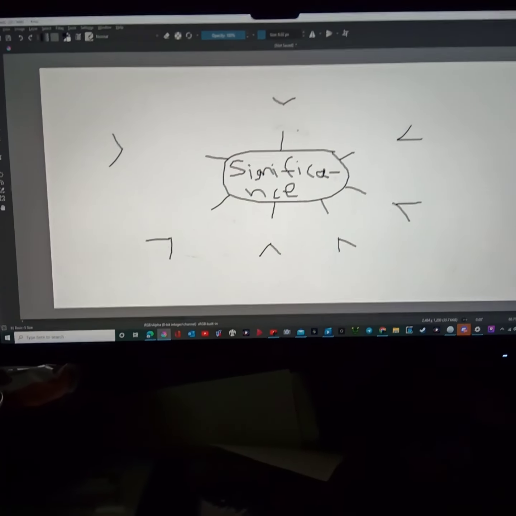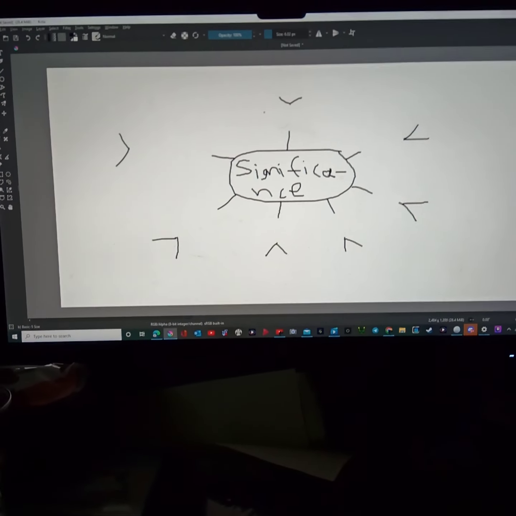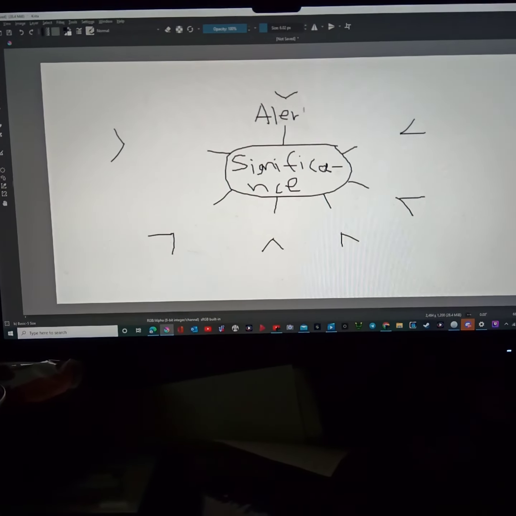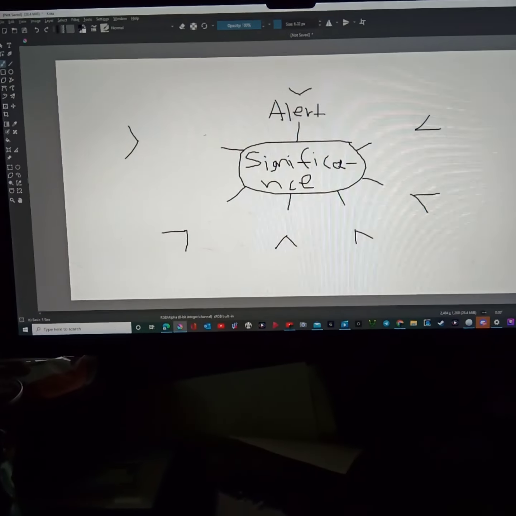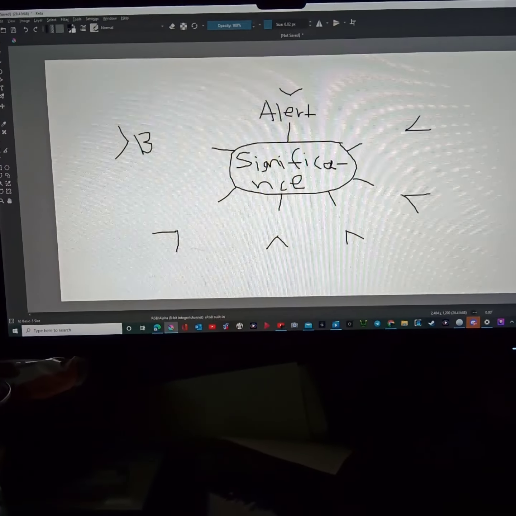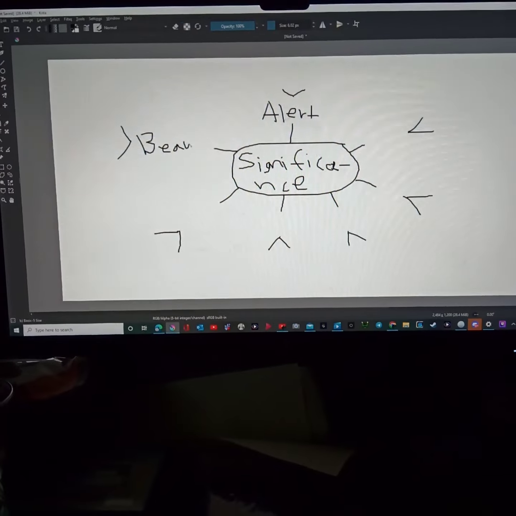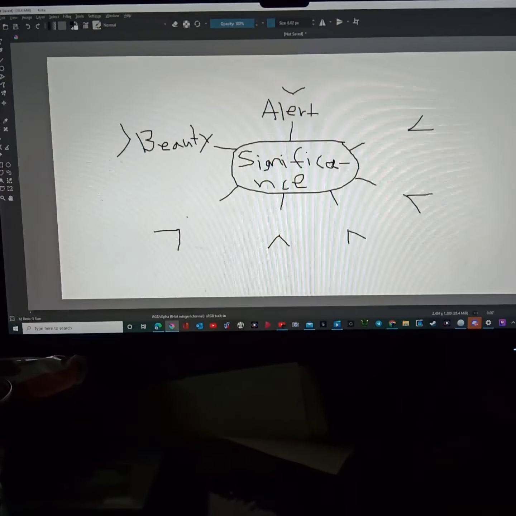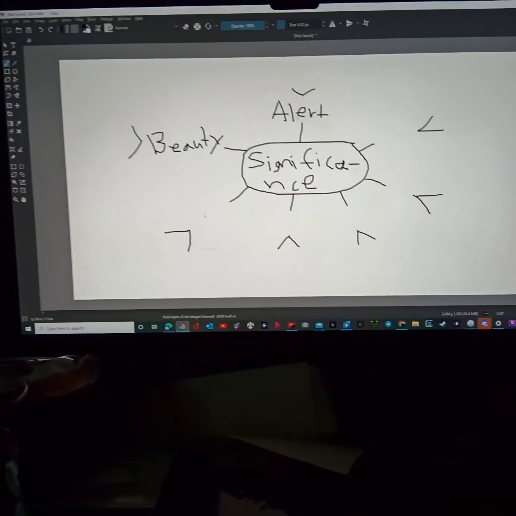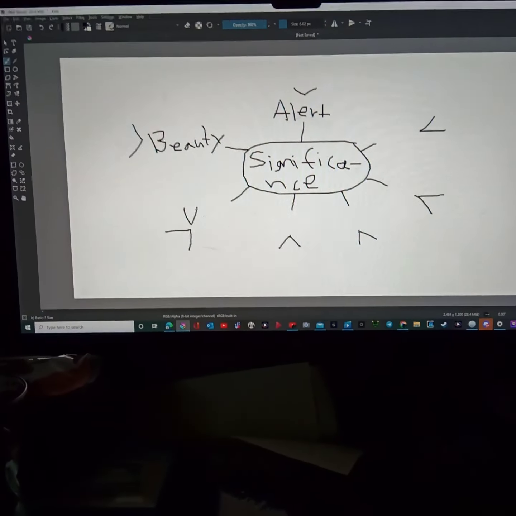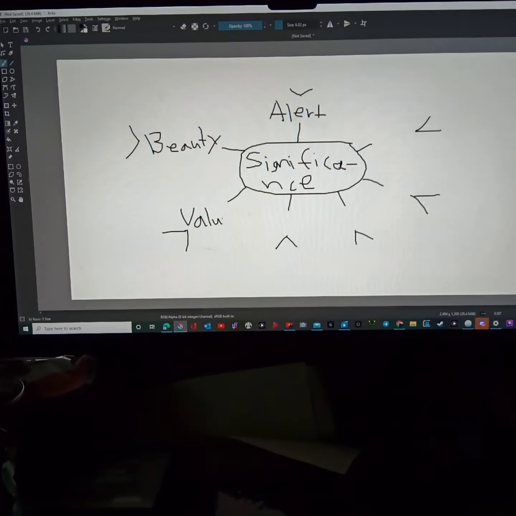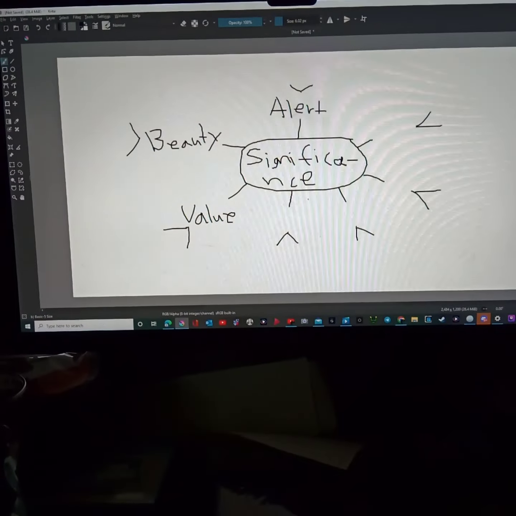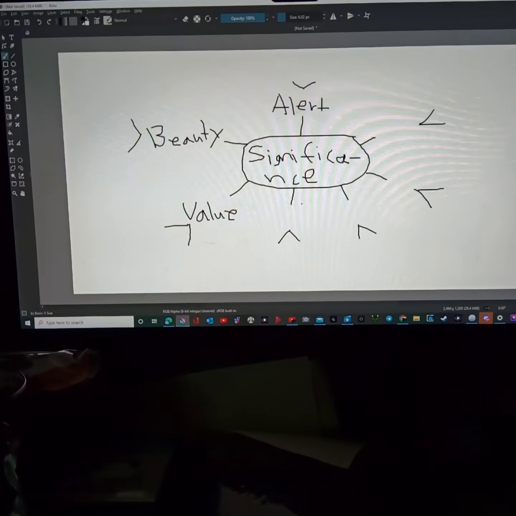Okay, significance. One thing that reminds me of significance is having to be more alert. Another thing is beauty. Now this can be very abstract. This is my brain in the process anyway. So, significant thing number 3, value. Now it's getting tricky because I have to come up with 4 more that aren't the same as the other ones. And significance number 4,